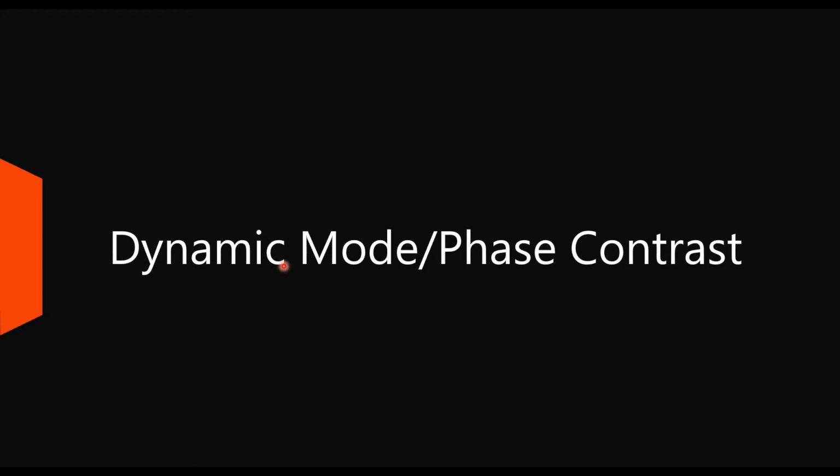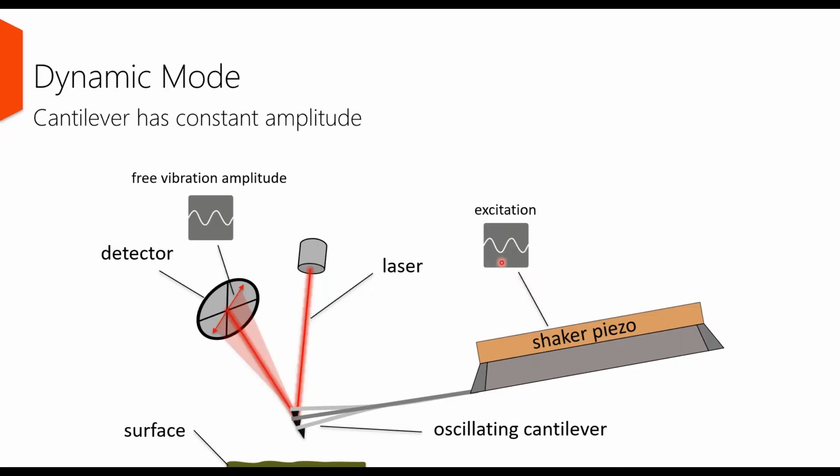There's another mode which is actually more popular. It's less destructive, called dynamic mode or tapping mode or non-contact mode, or whatever you want to call it. And that also leads to something called phase contrast mode, which is the first extra mode I'll talk to you about today. So in dynamic mode, instead of the cantilever not moving at all, we take a